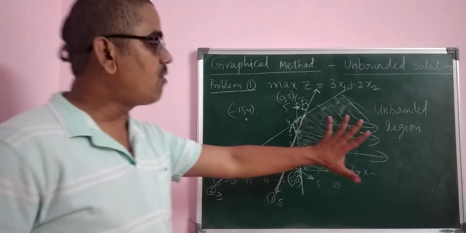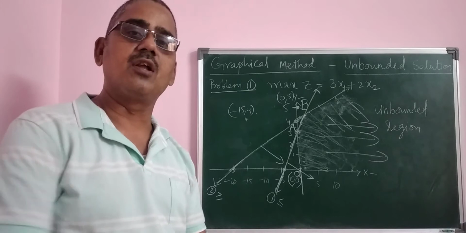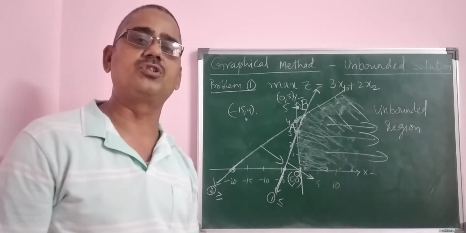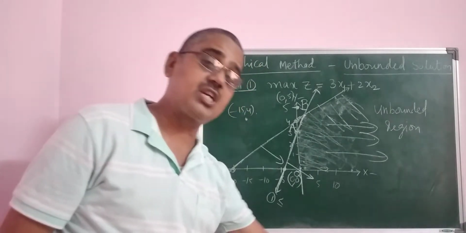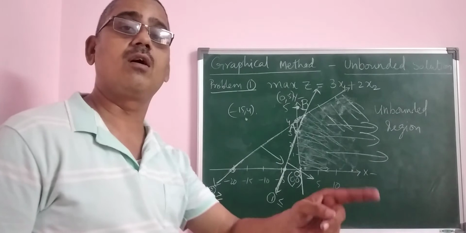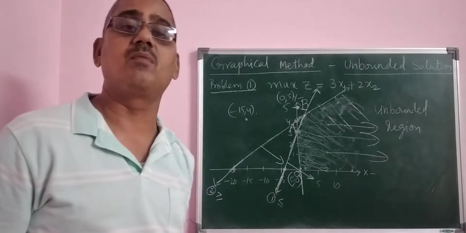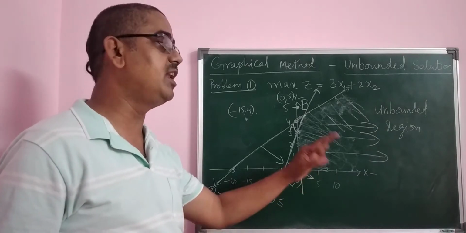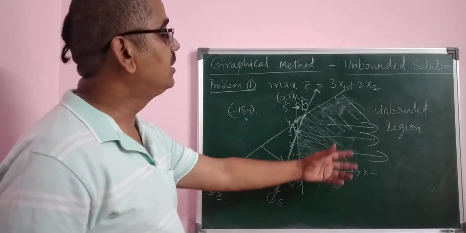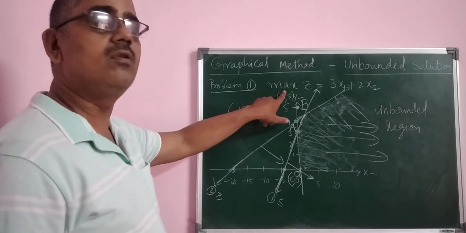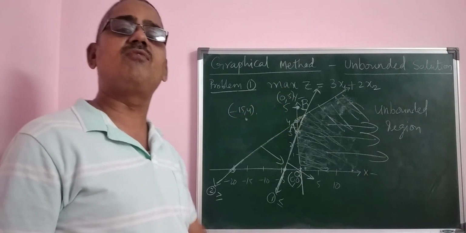You see here, we have obtained a particular common region. Now whether it is feasible or not, that is our question. This discussion we did in one particular graphical minimization problem, so I need not stress it again and again. This is an unbounded region. Are you able to calculate the maximum value?